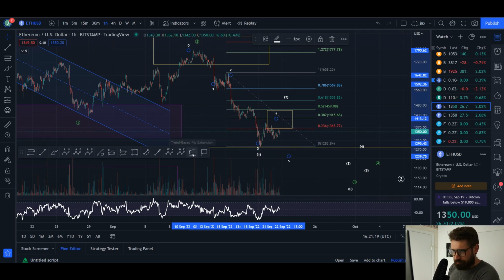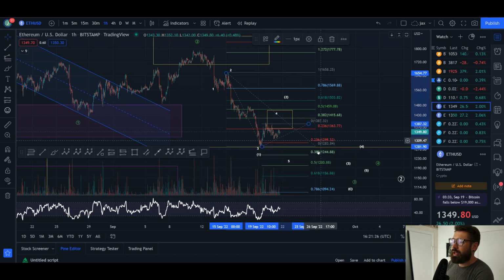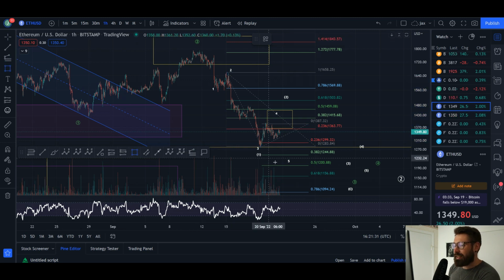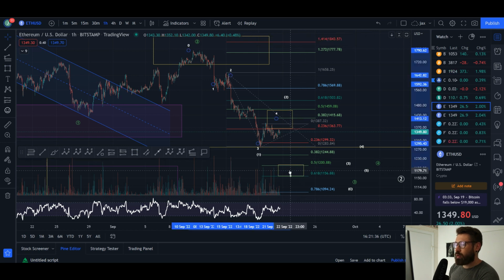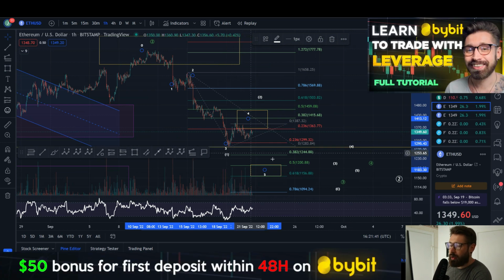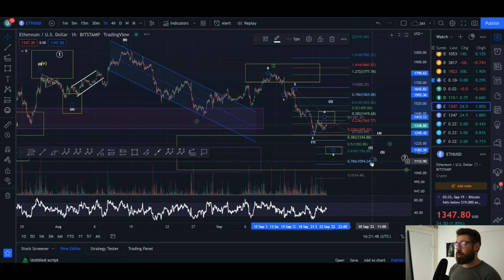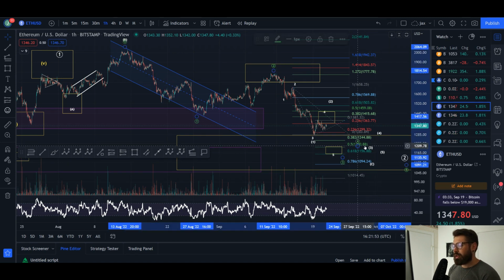However, if we start to come down here in our wave 5, take your trend base extension from the top of wave 2 to the bottom of wave 3 to the top of wave 4, and you can drop in a wave 5 target. The 0.618 extension at 1156 would be your target for wave 5. So we'll put it in between the 0.5 to 0.618. Anything below the wave 3 can complete a wave 5, but what you'd be looking for is a 5-wave move to the downside in a wave 5 to basically complete the wave 3, which would be here in green. And then you would see a wave 4 and you would see a wave 5.